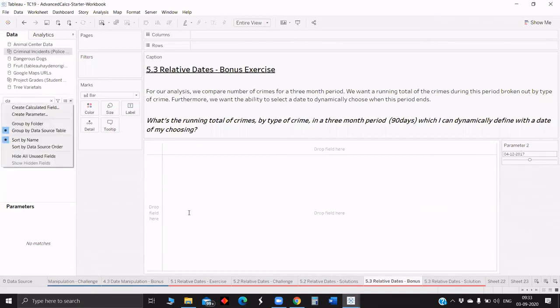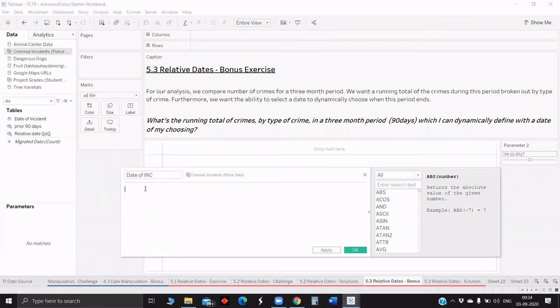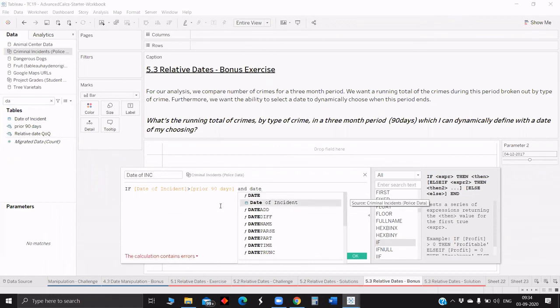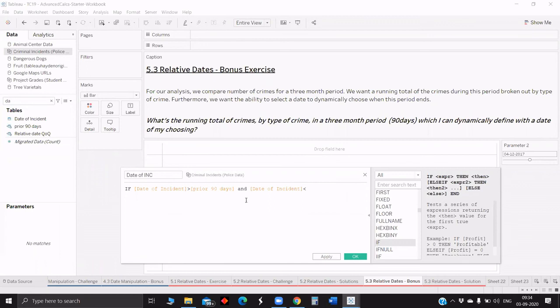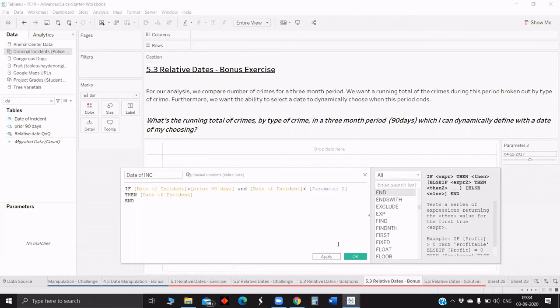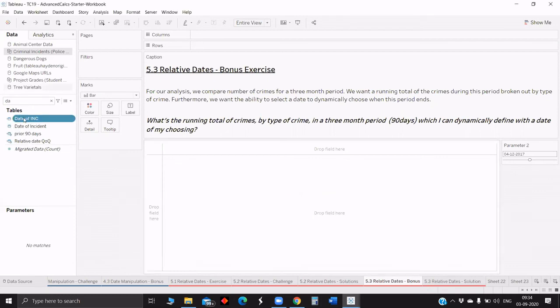So we will create one more calculated field: if date of incident is greater than prior 90 days and date of incident is less than the parameter, then date of incident, end.